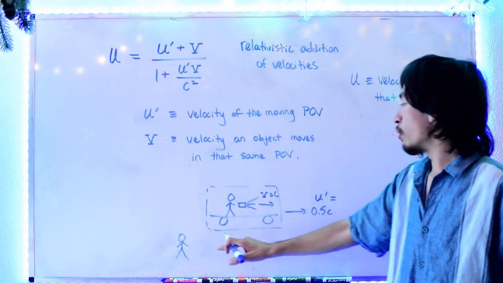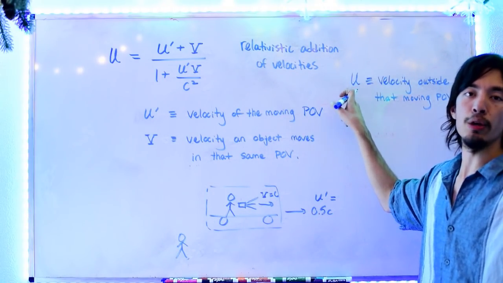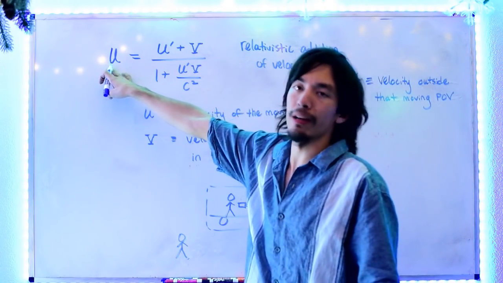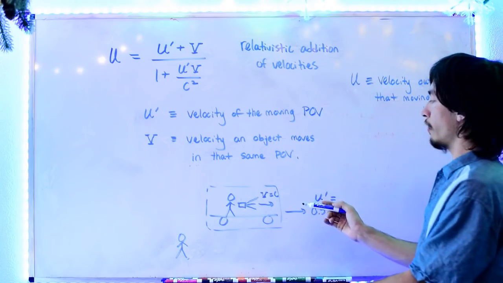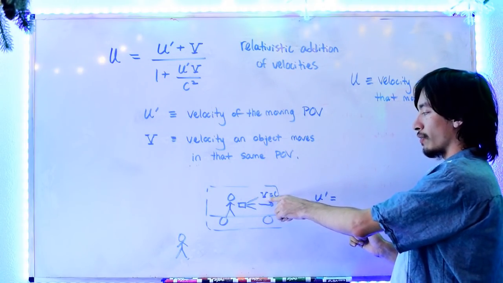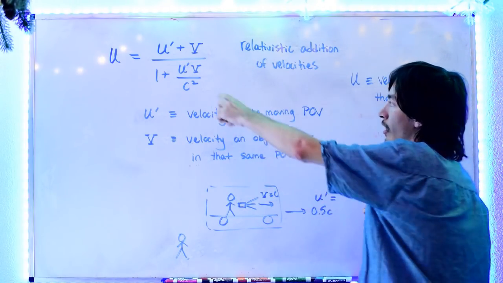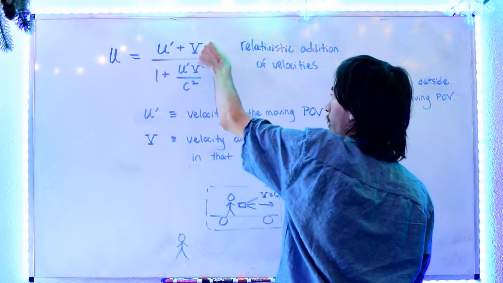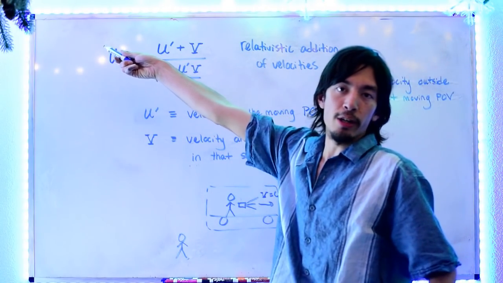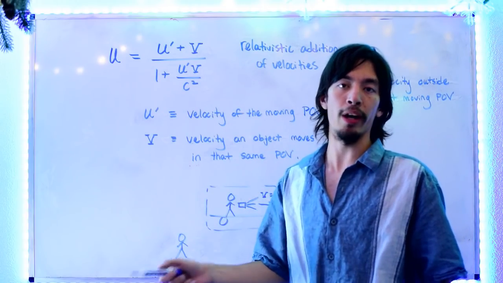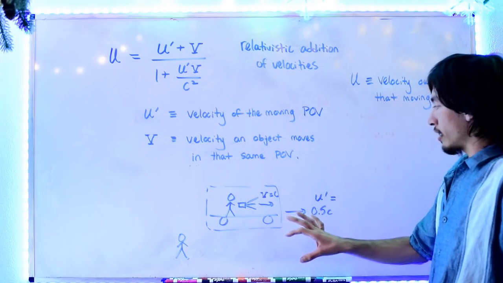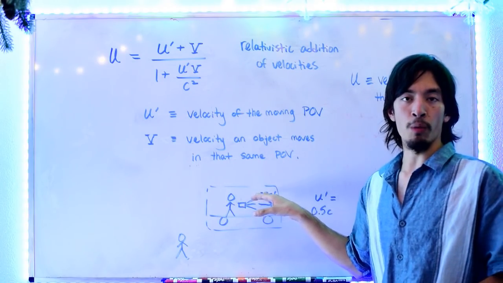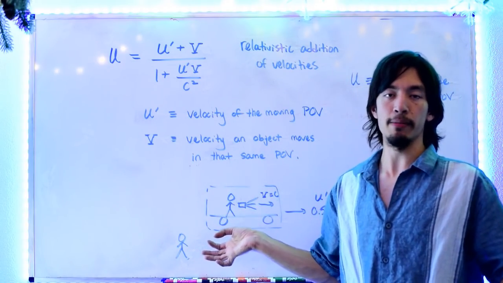From that point of view, they measure the velocity u, which is the answer that you get for this. So it turns out that in here, if you plug in the appropriate values of c and 0.5 c, the answer for u that you're going to get is still actually 1.00 times c. But in any case, even if you didn't have a beam of light, where the answer is obviously going to be c no matter what you do,